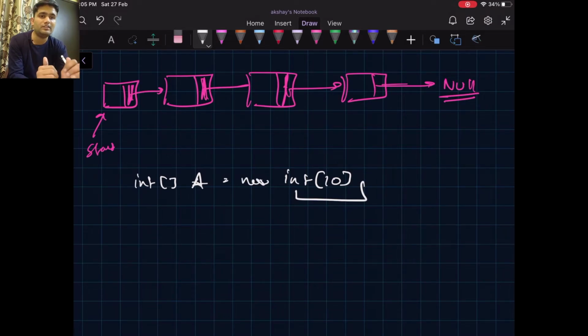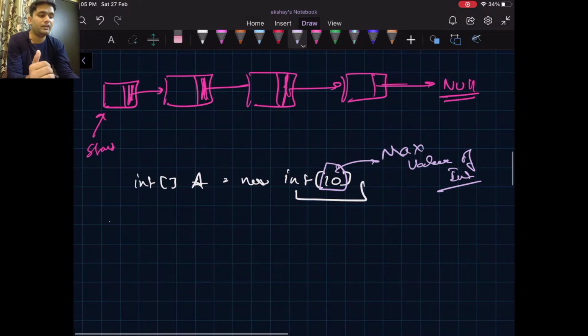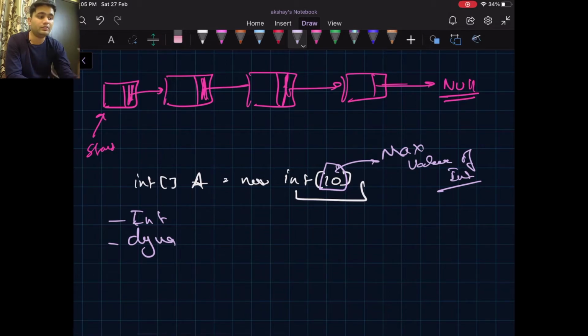We cannot change its size, and this size is also limited by the maximum value of int. Because we only consider an integer as the size of the array, the size is limited by the int value, and it is not dynamic in nature. We cannot grow or shrink the array as data is deleted or added.